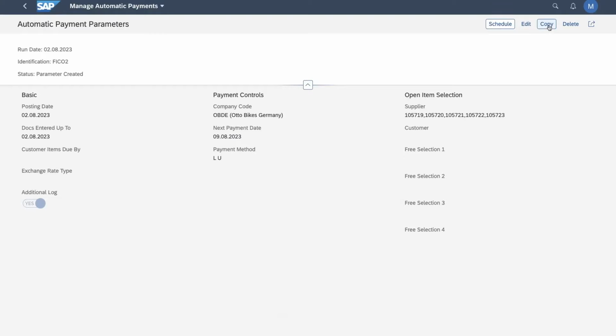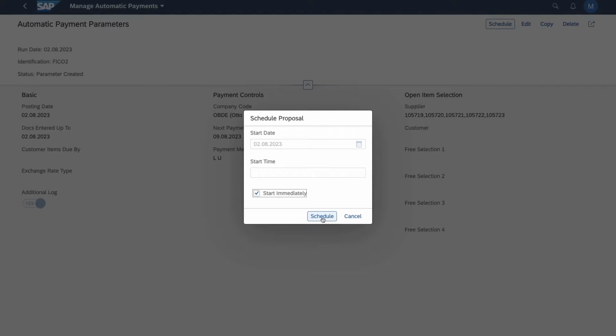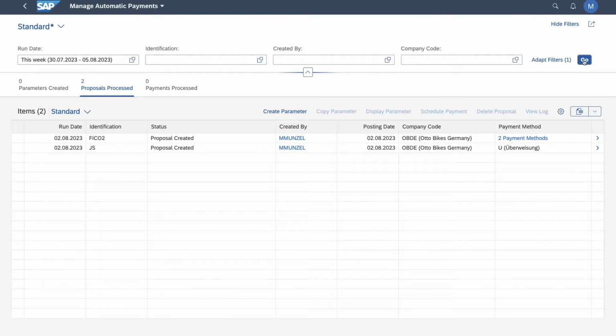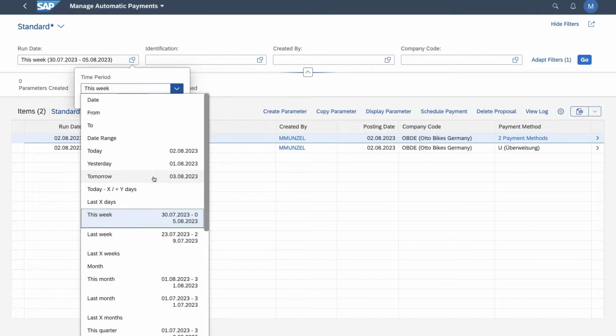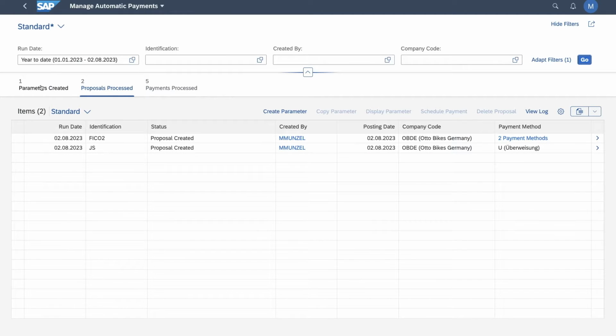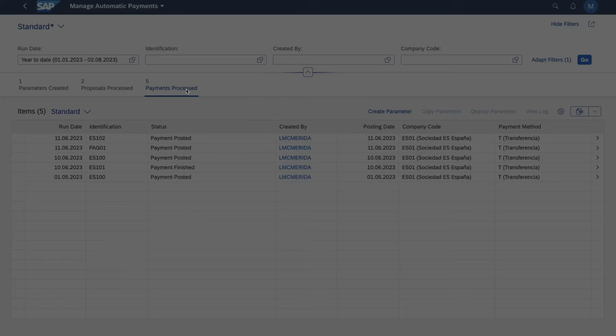So this is saved. Let's schedule a proposal run. So if you've been working with transaction F110, this is pretty familiar. And yeah, but I do like the new look. I do like the new overview that we have here, like what kind of payment runs are created in the system. Let's take a longer period, and there you see for one parameters I entered, there we have proposals, and